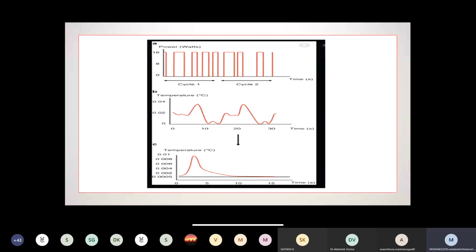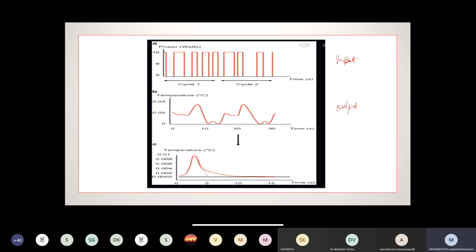The pattern of producing the heat is pseudo-random binary type, in which the on-off cycles are taken as input and the temperature changes due to this input are measured as output. By correlating these two, we'll get a temperature curve. By using this curve, we'll measure the cardiac output.